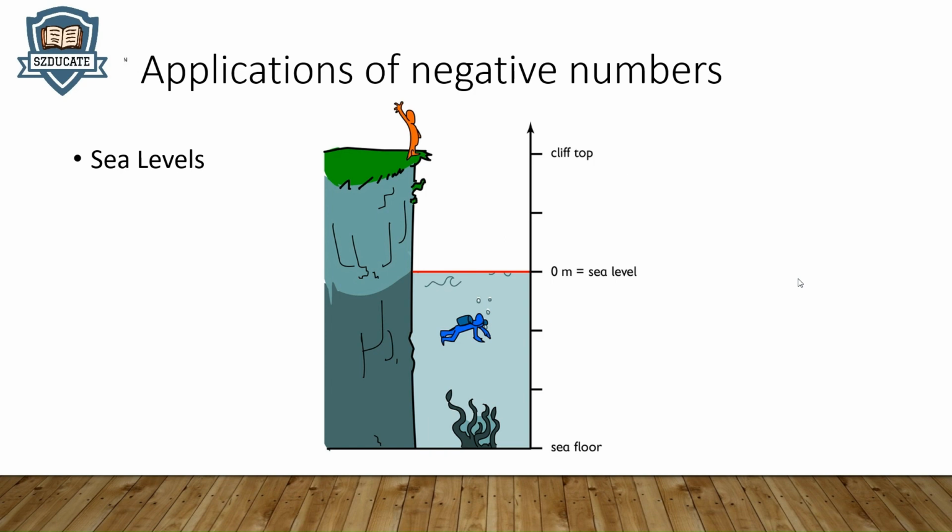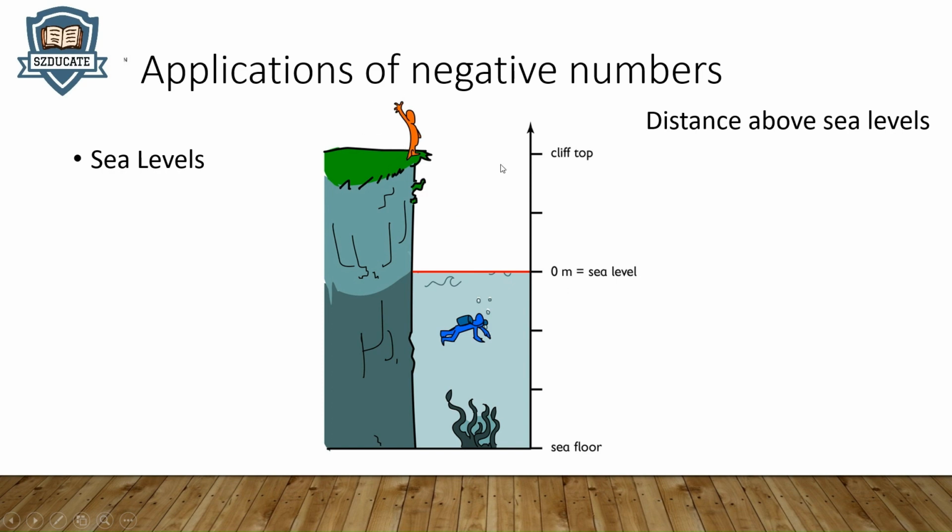Okay, look at this picture here. We have a man at the top of the cliff. Sorry, he's not going to jump. He's just going to stretch his hand. And then there's a diver who is underwater. And then all the way below, we have the sea floor. Now, I'm not going to calculate. I'm going to mark out the distance above sea level. So first thing, where is sea level? Sea level is defined as where the sea is at this level. So it's a red line. Can you see the red line here? So this is sea level. So the distance above the sea level,